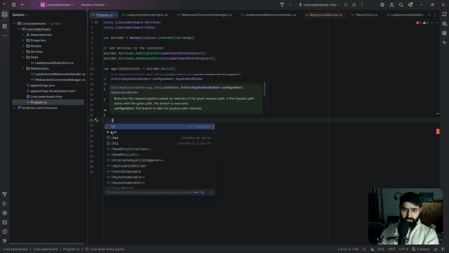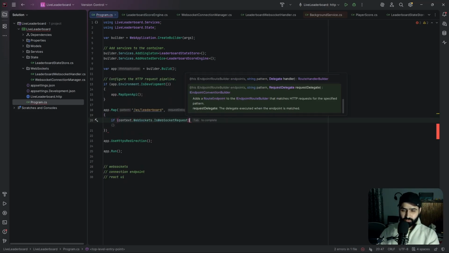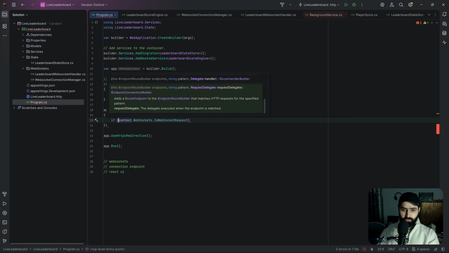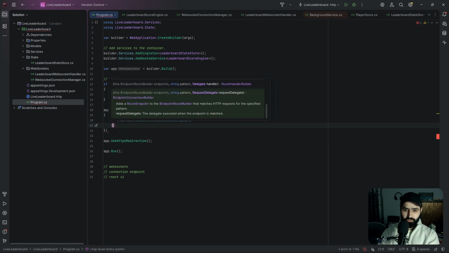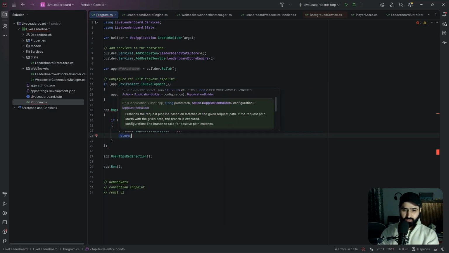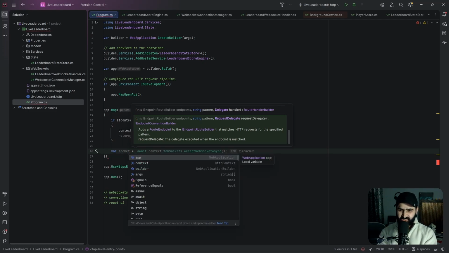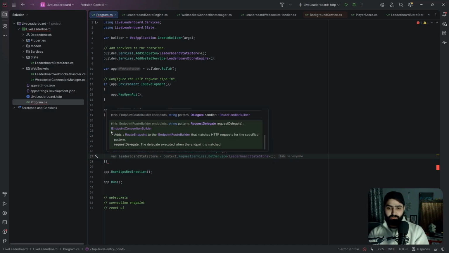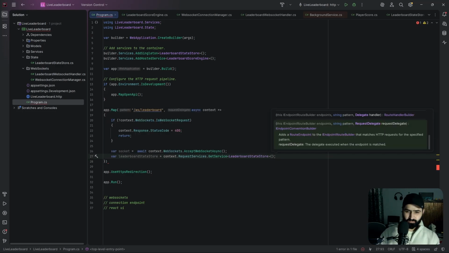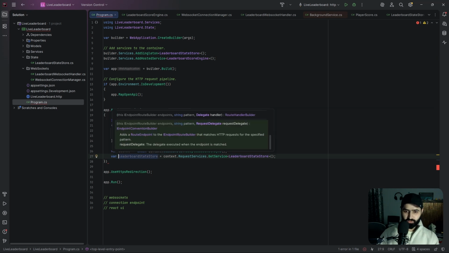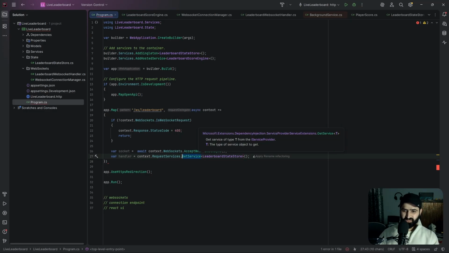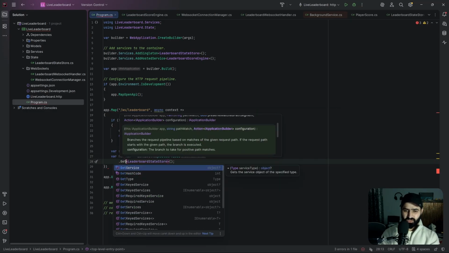कूल, अब मैं यहाँ चेक कर लूँगा, अगर वो वेब सॉकेट रिक्वेस्ट नहीं है, नेगेशन चेक कर लेता हूँ, अगर वो है ही नहीं तो सीधा 400 सेट करो और यहीं से रिटर्न कर दो। तो यहाँ पे मैं बना लूँगा एक सॉकेट और ये एक्सेप्टेड, और एक मेरे को चाहिए अब यहाँ पे हैंडलर। रिक्वेस्टेड सर्विस डॉट गेट सर्विस, इसको मैं हैंडलर बोलूँगा,